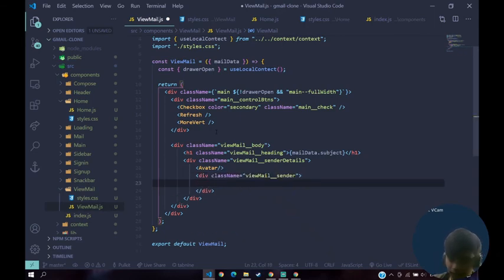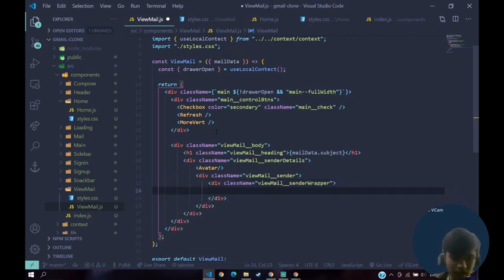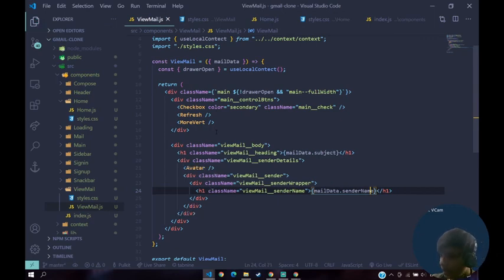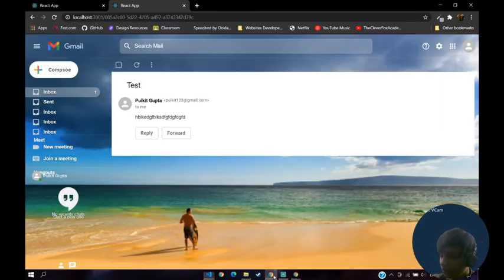Then we are gonna have a wrapper, so we'll say view mail underscore underscore sender wrap, and then an h1 of class name of view mail underscore underscore sender name, in which we are gonna display our mail data dot sender name, this thing, right? And now if you go back to our application, okay, we see this. So now we have to write the mail.